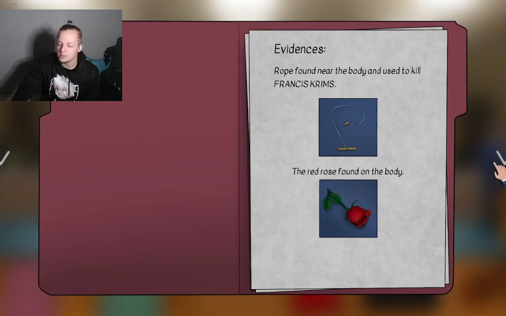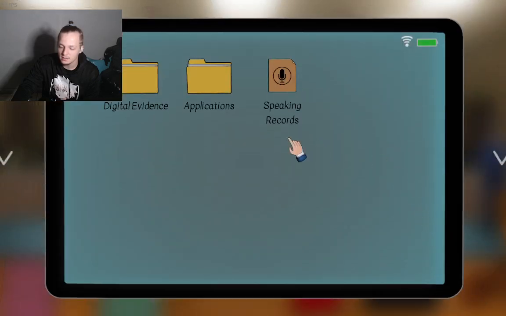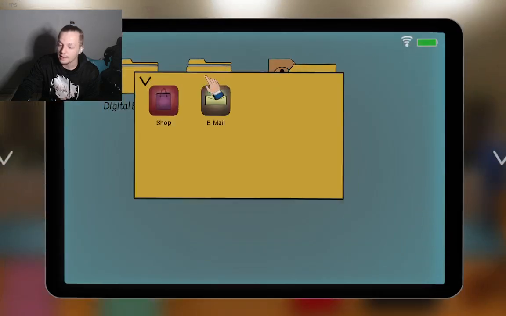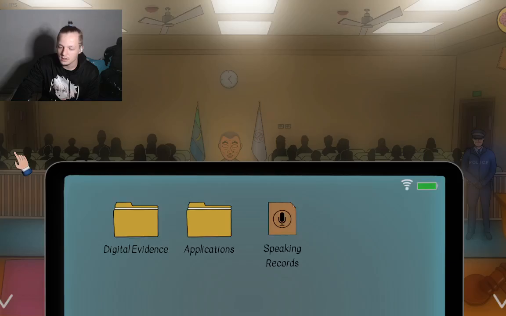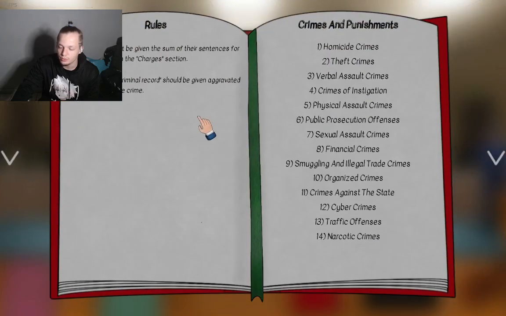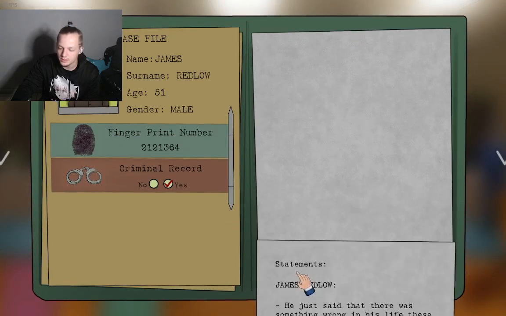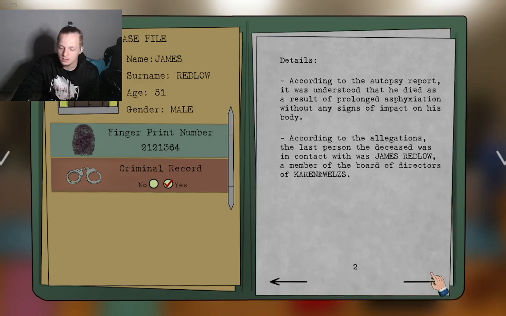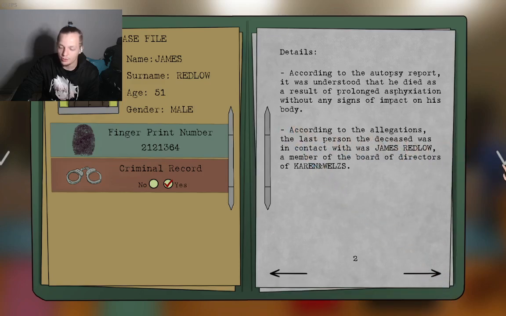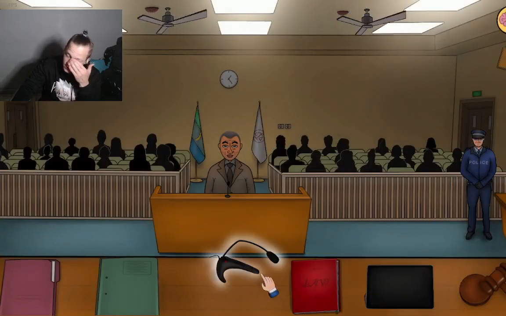Oh, dude, it's the same exact. This can't be the guy. Even though he has a criminal record, like, this cannot be the guy. Cameras was out, like. I don't even think old buddy had the time to do that. Dude, this is not, like, there's no way. A close friend? A member of the board of directors. I don't think this is the guy, bro.